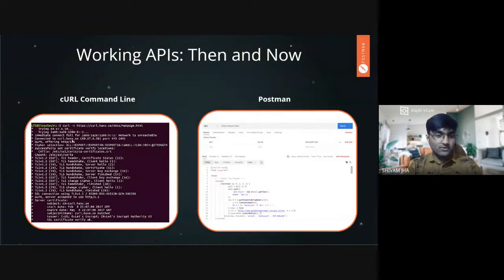And as you can see for yourself, see how hectic this is. And this is just a request to a static API. There are APIs that need you to put quite a large amount of data into the request you're making. In that case, this command intensifies further and becomes hectic to type.